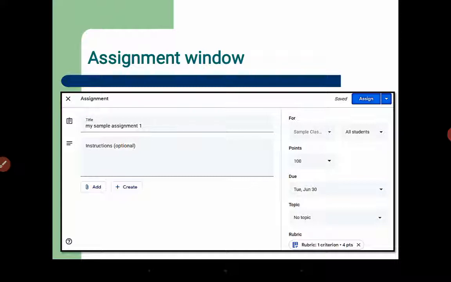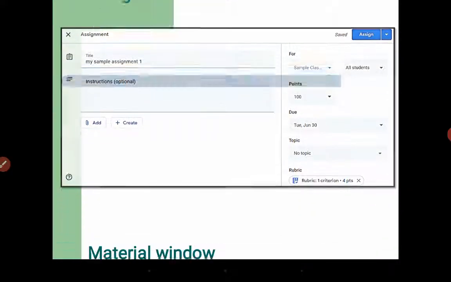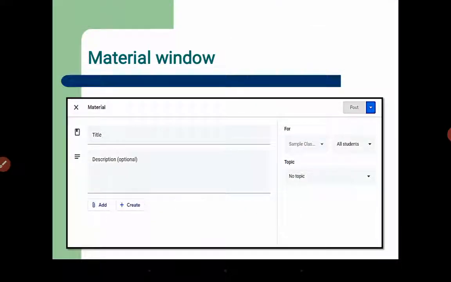If it is an essay-making assignment, the rubric will have all the points. For example, what are the things that will be expected from that essay: organization, relevant information, spelling correction, grammatical correction. All these are the things that are expected. So all this criteria will be contained in this rubric, and then you will click on Assign, and as soon as you click on Assign, the students get the assignments and they start doing it.